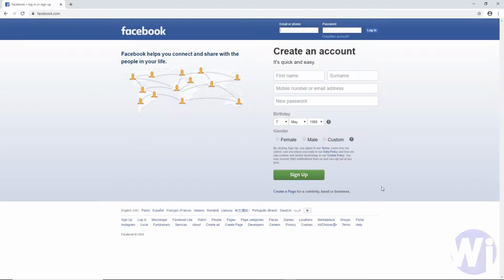Okay, to create a Facebook personal account, you need to go to your address bar on your browser, type in facebook.com. You'll reach this page here on your browser. Under create an account, you want to type in your name and your surname. So for us, we'll just put in Woke Insight